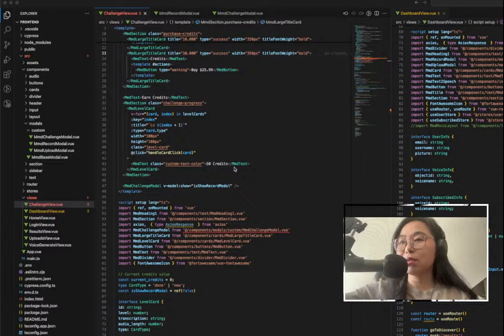So if at a certain point you feel like, oh my God, this person cannot code Vue or cannot code TypeScript, yes, you are right. I'm not feeling any bad